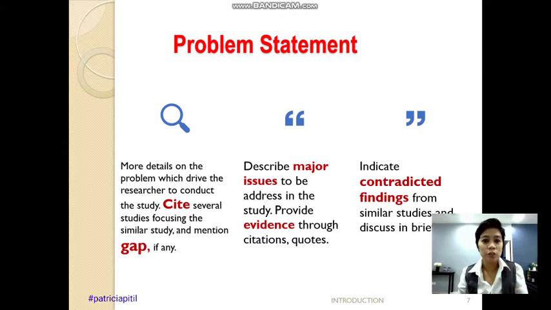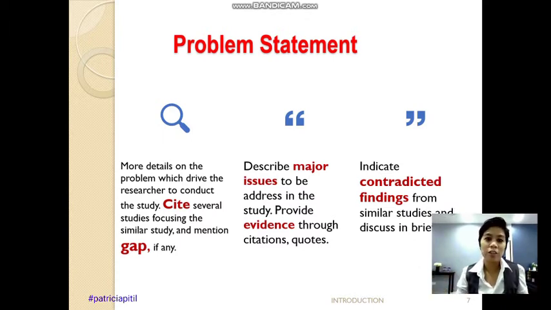After you introduce a background, you outline all the variables, we are being introduced. Now you are narrowing down to the 1.2 problem statement. You are going to cite the studies that conducted similar studies. If there's a gap in the study, you have to mention it. Problem statement is where the paragraph should be addressing all the major issues, major problems, hot topic nowadays, and then you should provide evidence.